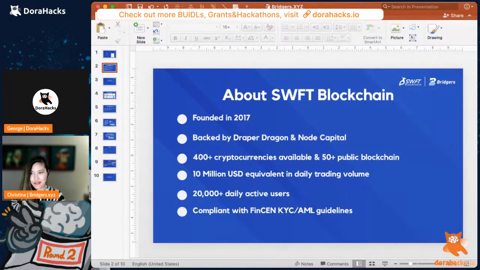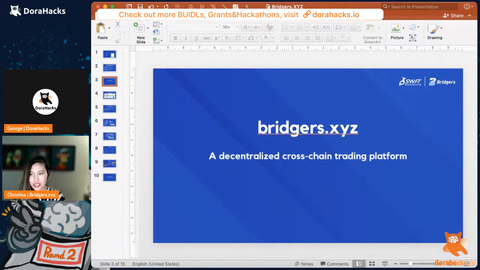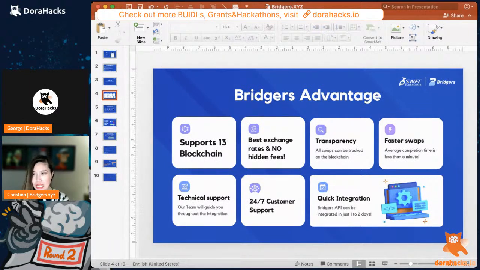So Through the Blockchain has very diverse ways to do cross-chain swap. And here is Bridges, which we created a few years ago. It's a totally decentralized cross-chain trading platform. The key feature is that it's probably the cross-chain swap service in the market supporting the most chains. Currently, we support 13 trending top public chains, and we're a super aggregator, going through different routes in the back end to find a better rate for users. Everything's on chain and transparent, and speed is pretty fast, between 1 minute to 3 minutes, and we have 24/7 real human customer support,